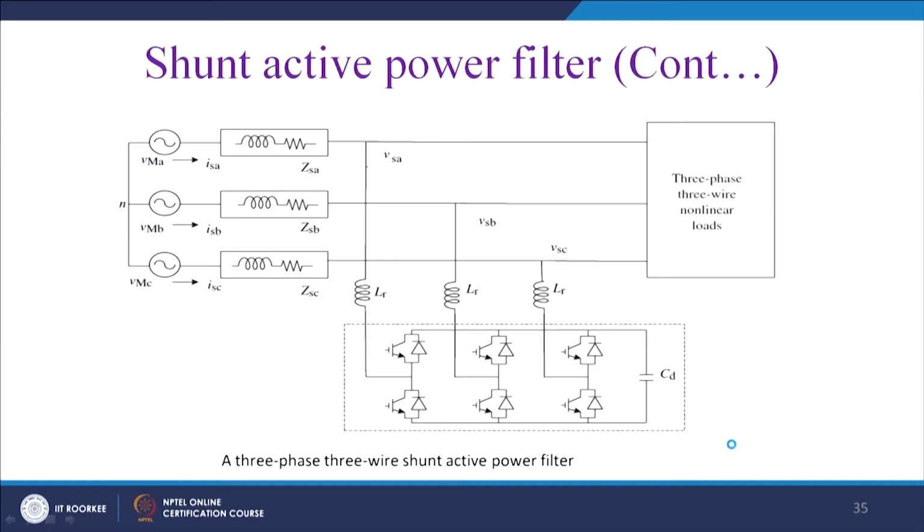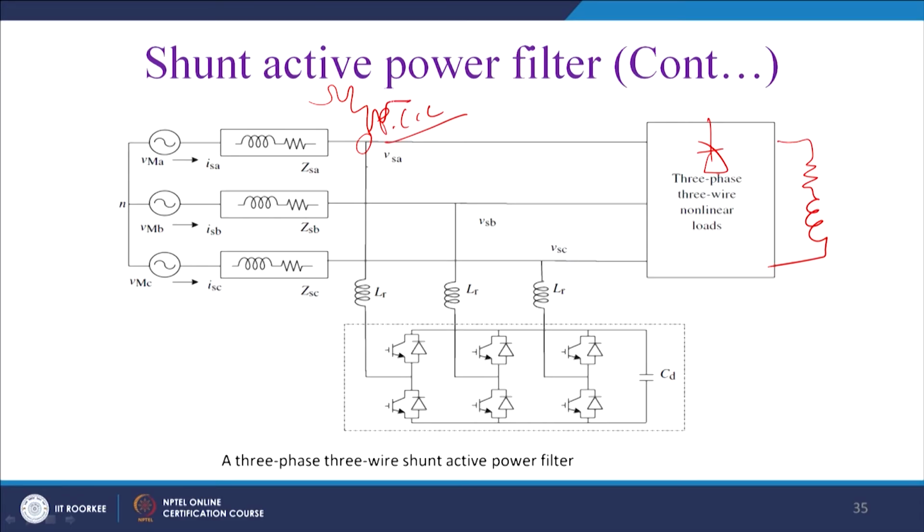So, this is an example of the shunt active power filter. It is feeding, let us say, a highly inductive RL load, where you have a diode based rectifier, and you also have a source impedance, and this point is said to be the point of common coupling, and you will find without injection the current at this point is something like this. This is far from sinusoidal.